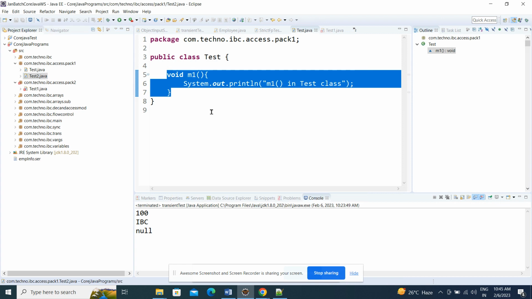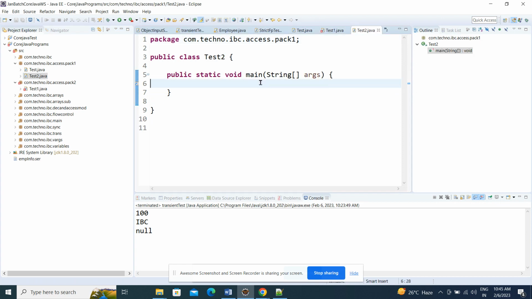In the Test2 class I've created, if I want to call that m1 method, I write Test t equal to new Test. Now if I want to call t.m1, it is visible, right? Within the same package, I created some other class, and then I'm using the Test class method m1. It is accessible, and no error is given